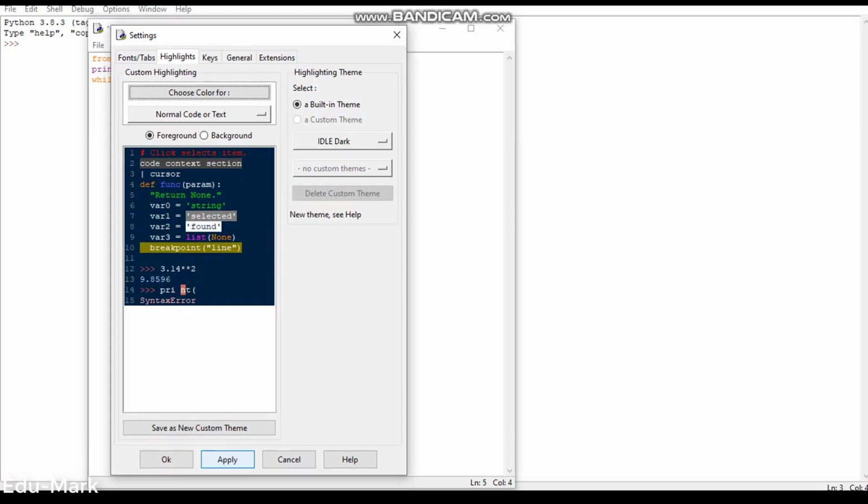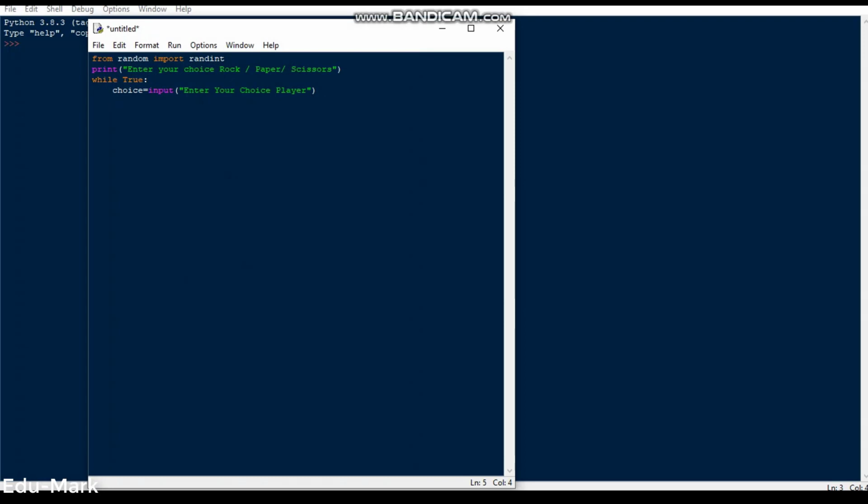Once we ask the user to give the choice, we prepare a list of options and give the list items rock, paper and scissors. So I say over here option equals, and we create a list. A list is created using square brackets. We give a square bracket and write each value inside double quotes: rock, comma, double quotes, paper, comma, double quotes, scissors. Then we will create one more variable called number.